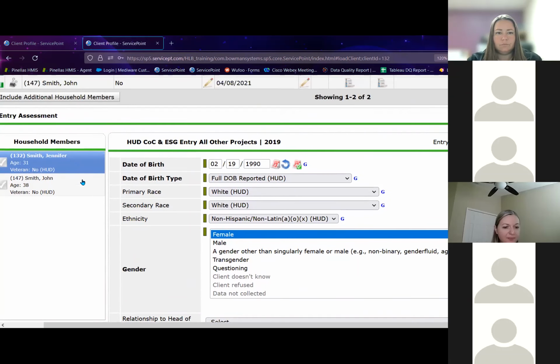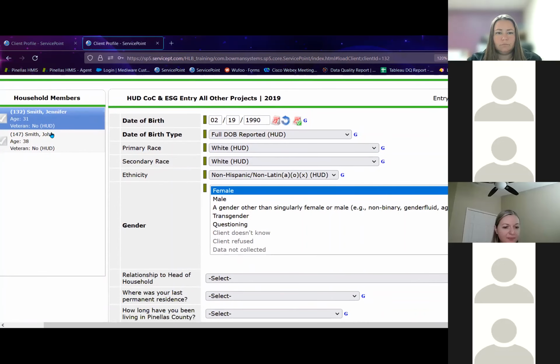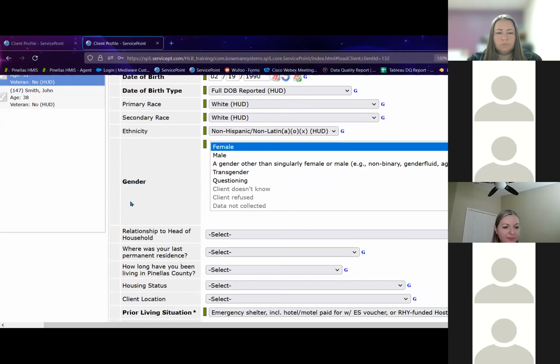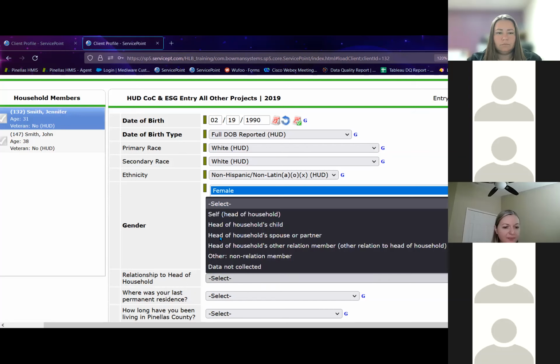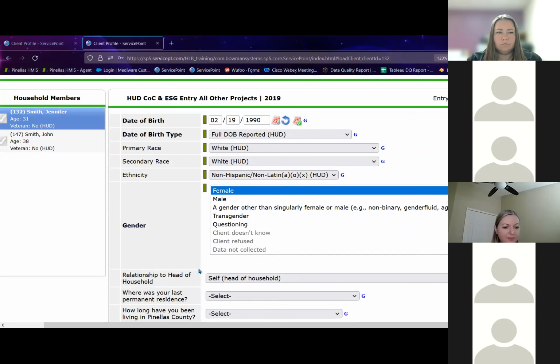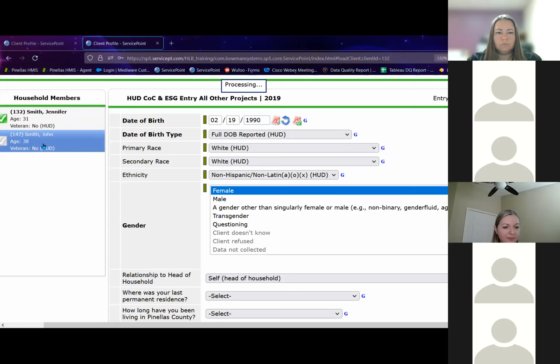a particular family. So the best way that I've found to cycle through these household members and make sure that only one person is selected is, right now we're under Jennifer Smith's profile, and you can see that up here at the top because Jennifer's is a blue color. So let's say Jennifer is listed as the head of household, so we could update her field. If you head on over to John,